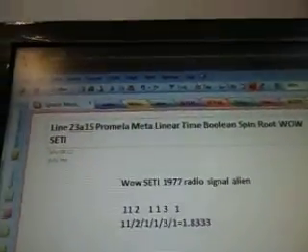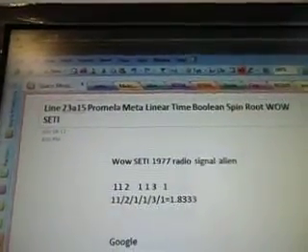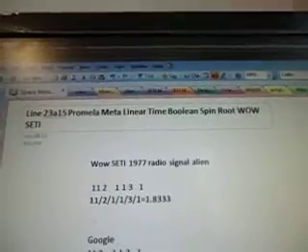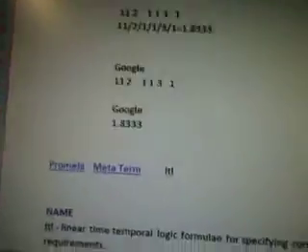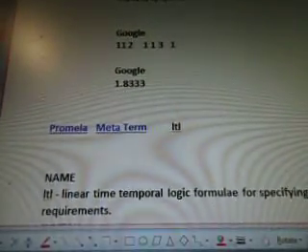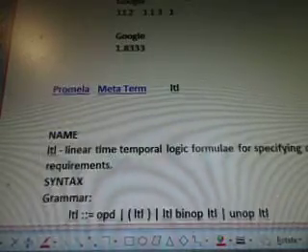Line 23A15, Promela meta linear time Boolean spin root Wow Seti. There's the alien radio signal there. And this is linear time